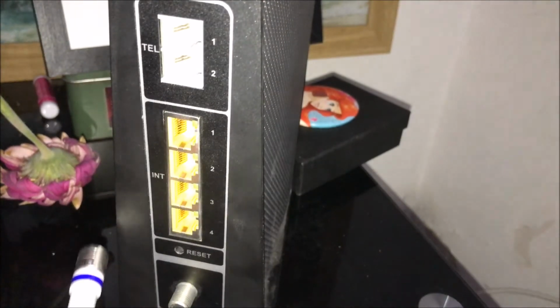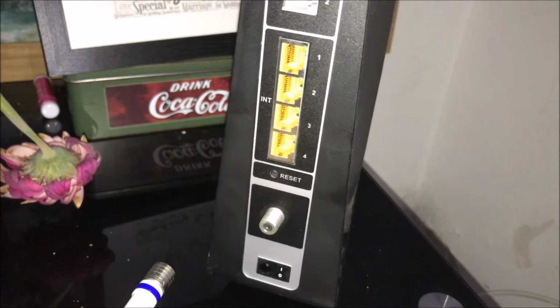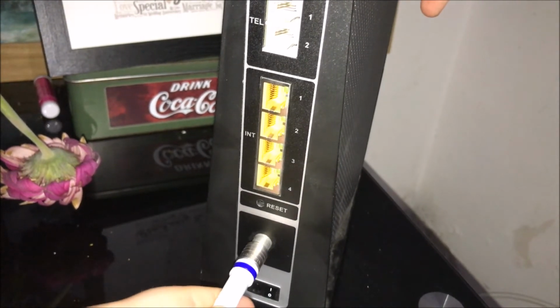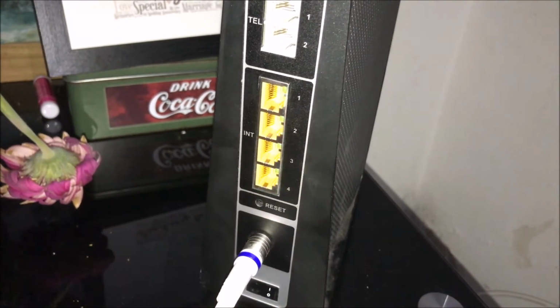And this is ridiculous. All these cables are everywhere. You can see this little white cable moving around. That's me just trying to plug in a basic cable. Where is it? Here it is. So let's plug this cable in. I'm going to have to try and use my left hand, even though I'm right-handed. Oops, sorry about that. So you're going to have to push this in. See, it's quite a hard push, but now that's in,